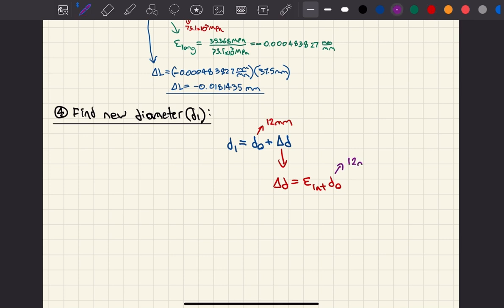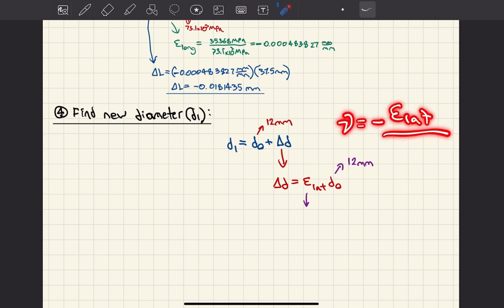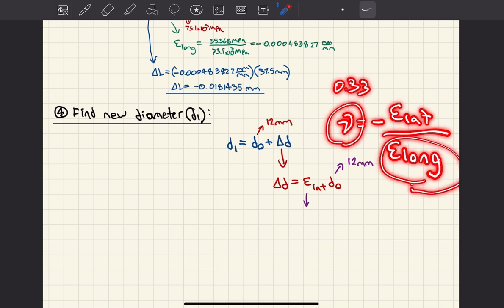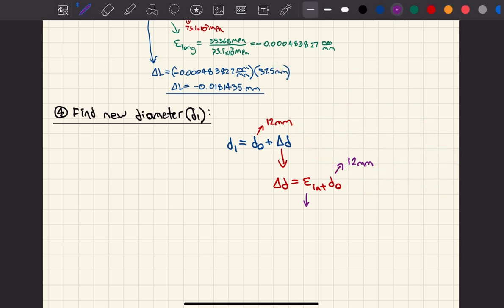It's 12 millimeters. Do I know the lateral strain? Well, not yet, but I can easily find it. Poisson's ratio relates the lateral strain with the longitudinal strain, right? And I know Poisson's ratio has a value of 0.33, it was a given mechanical property, and I calculated the longitudinal strain up here, right? So if I plug all that in, I can say that